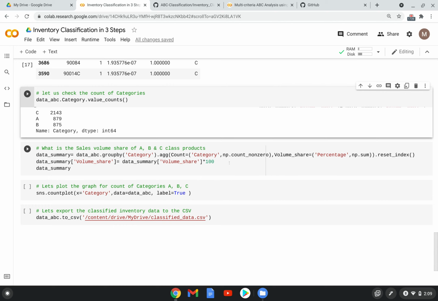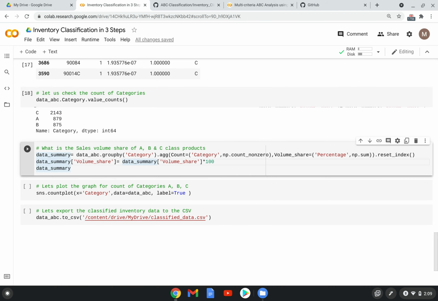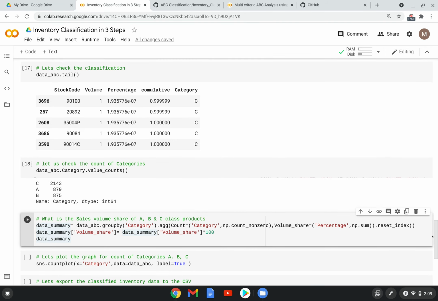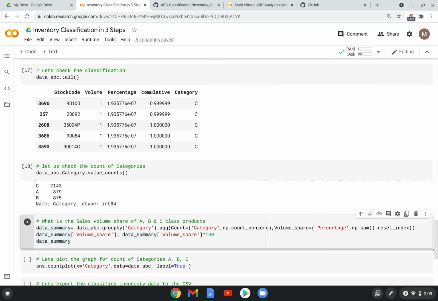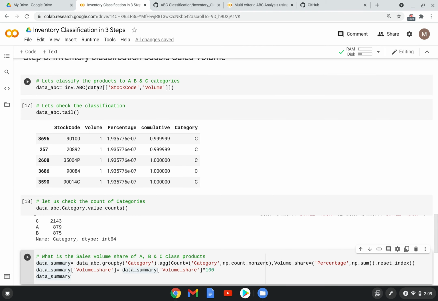So now let us understand this A class. What is the sales volume share of this A class item, what is the sales volume share of B class items, and what is the volume share of C class items? To do that, again we need to summarize the data. You can see here, after we call this package inventorize and ABC classification, we got, for each SKU, the percentage of volume share and cumulative as well, along with category.